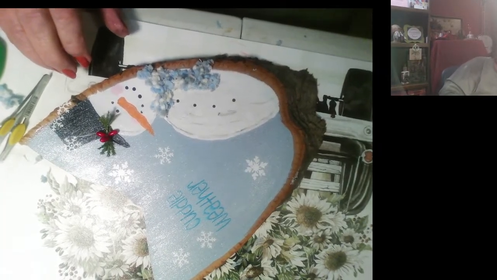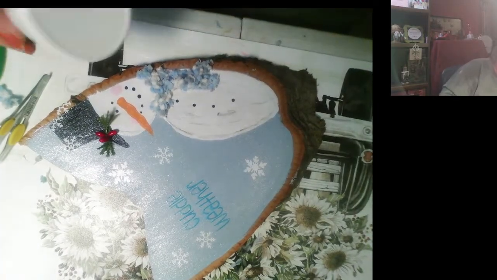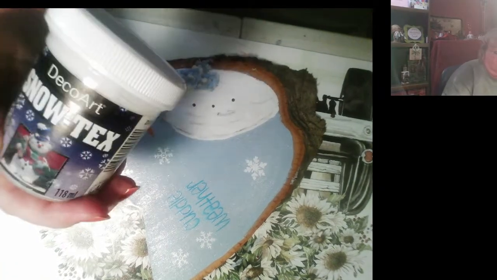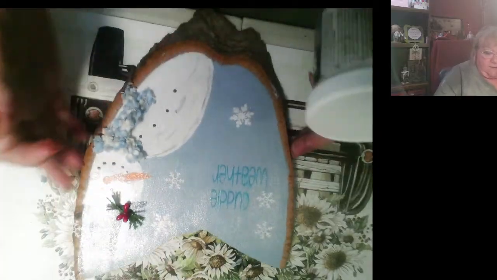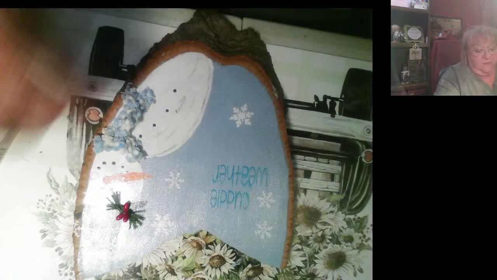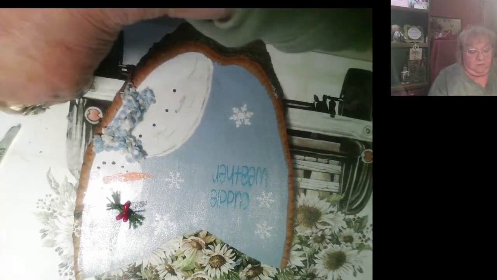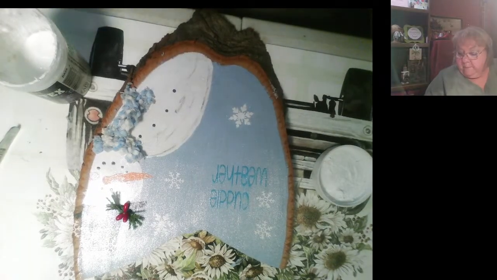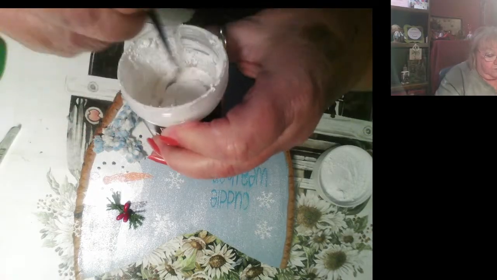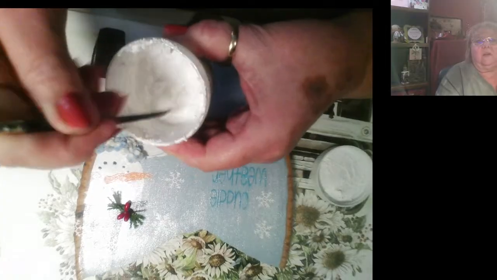One more thing, if you want to hang on and watch, I'm going to get my Snow Tech out, and we're going to put a little bit of snow, because I think he needs something on his hat, because there's no dividing line on that. So let me get this stirred. I haven't used it since last year, so I'm going to make sure that everything on it gets stirred up